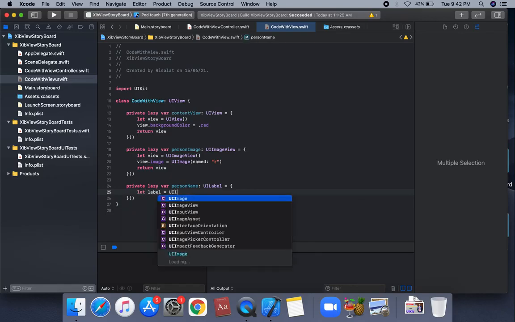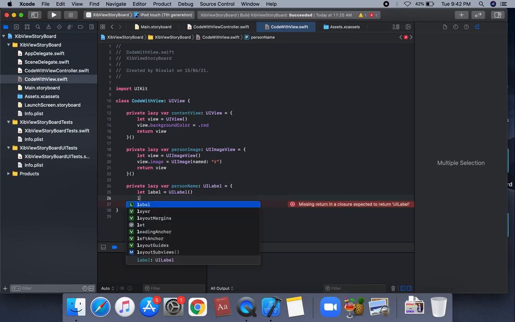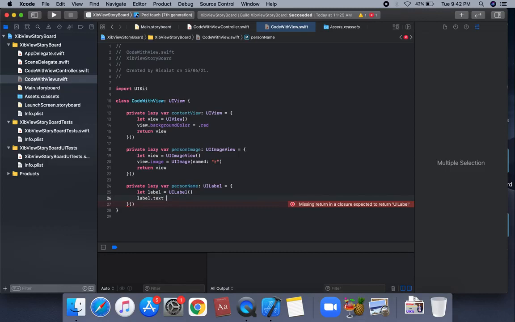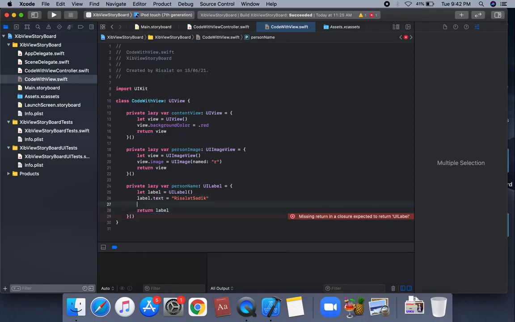We're gonna create the instance of UI label, and apply the text on this label. So label dot text is equal to, suppose person name is Risalat Sadiq, and we're gonna apply the font. So we use the return statement, return label, to remove this error.